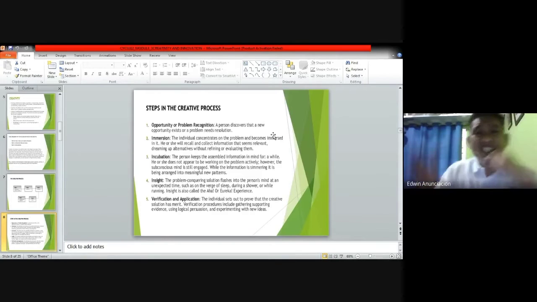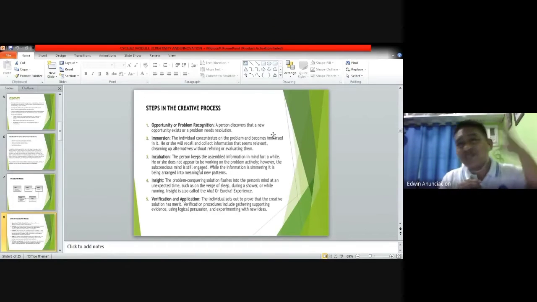Minsan, kahit sa atin, sa utak natin, ginagawa natin yan. Yung minumuni-muni mo muna, yung mga what ifs mo, naglalaro sa isip mo. Talagang rini-refine mo. Okay? Yung mga pros and cons, the advantages and disadvantages, hanggang sa ma-refine mo na yan.